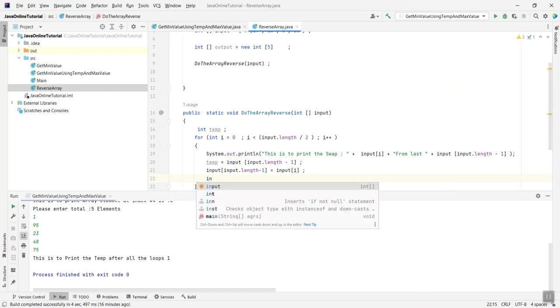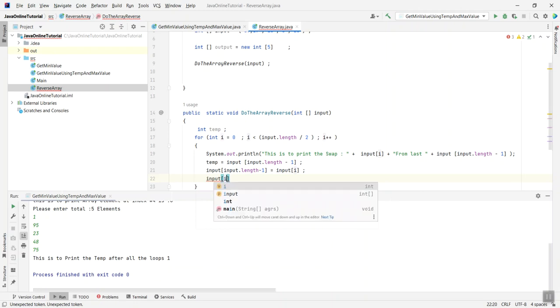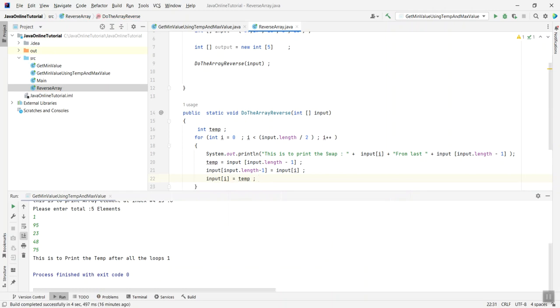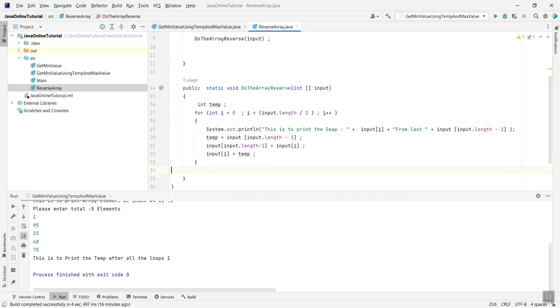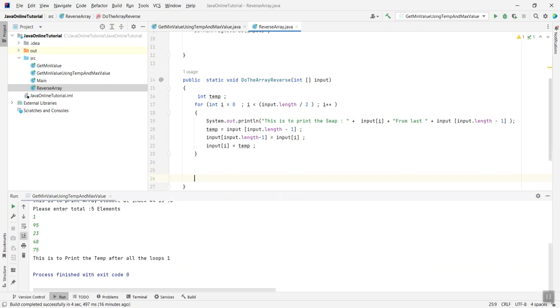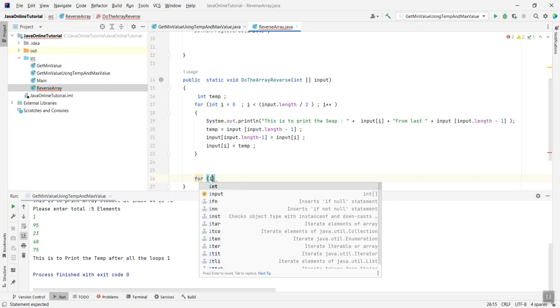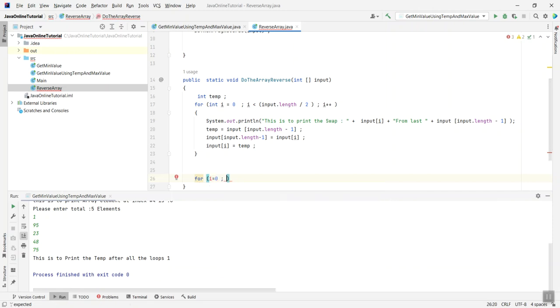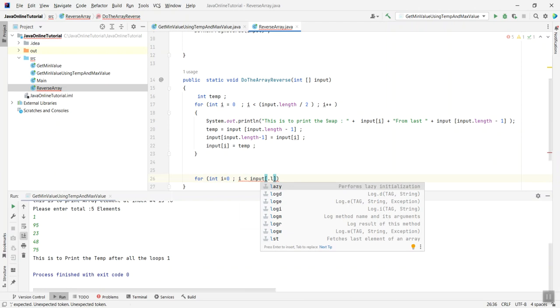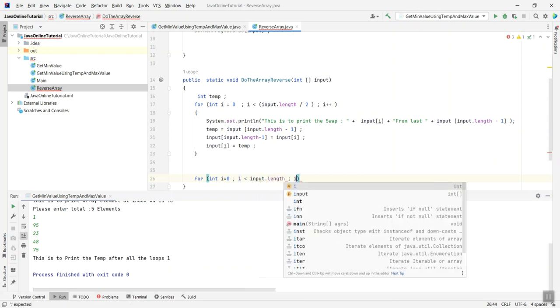Now we'll say input I equal to temp. Okay, I think this should do the magic, and at the end we'll print everything. So at the end, here I will say for int I equal to 0, I is less than input dot length, I plus plus